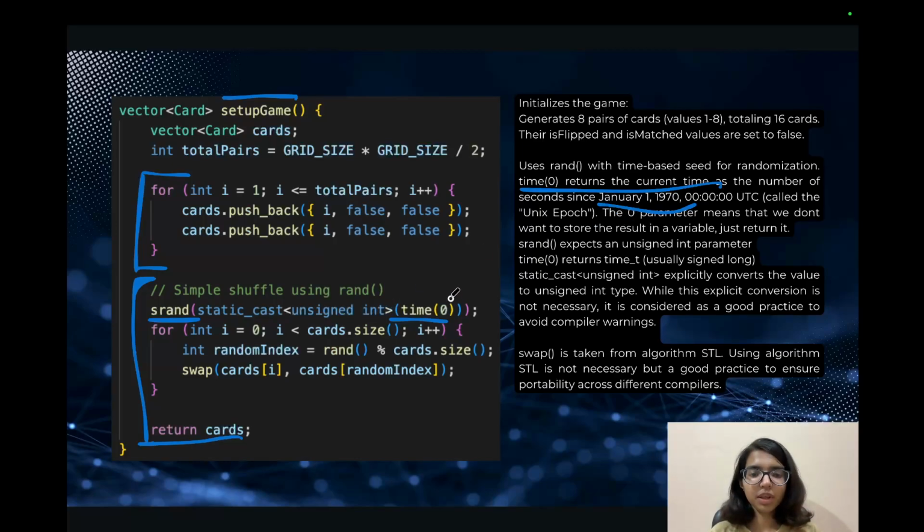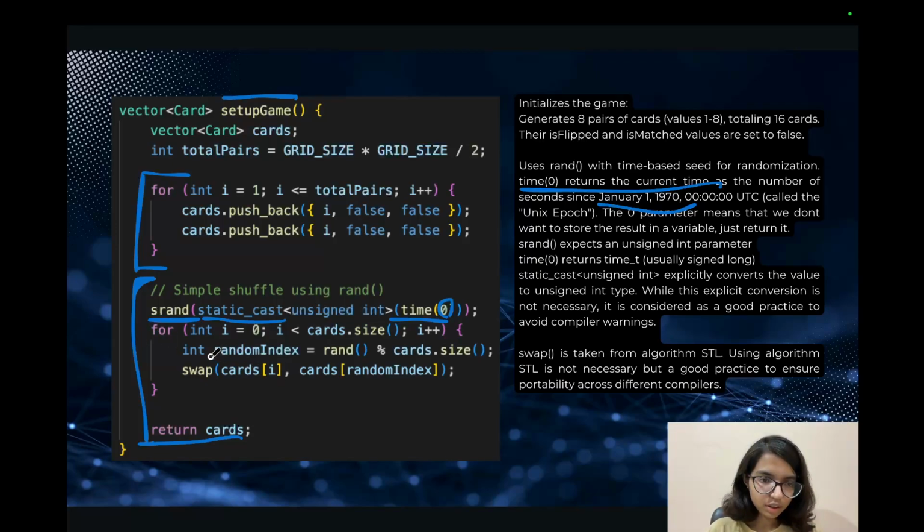The 0 parameter tells that we don't want to store the result in a variable, just return it. srand expects an unsigned int type, but time is usually a signed long, so we converted using static_cast. It's not necessary to explicitly do this conversion, but we are doing it to avoid compiler warnings.